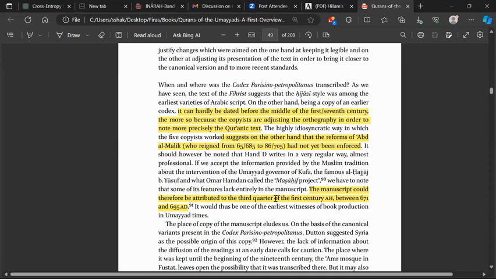So it's very hard. Right now, we don't have enough data to differentiate between a manuscript from the 650s and, for example, 680. But I think Déroche and others have made arguments where we can differentiate between like 700 and 650. Even Shoemaker, in his recent book, he didn't completely understand Déroche's argument for the Codex Parisino-Petropolitanus. He more or less accepts that there's a possibility that this could predate Abdul Malik.